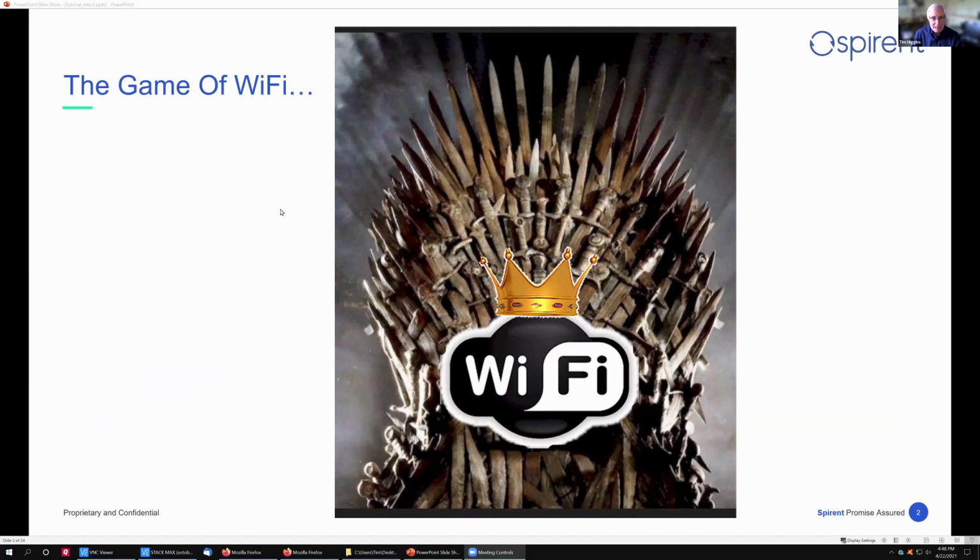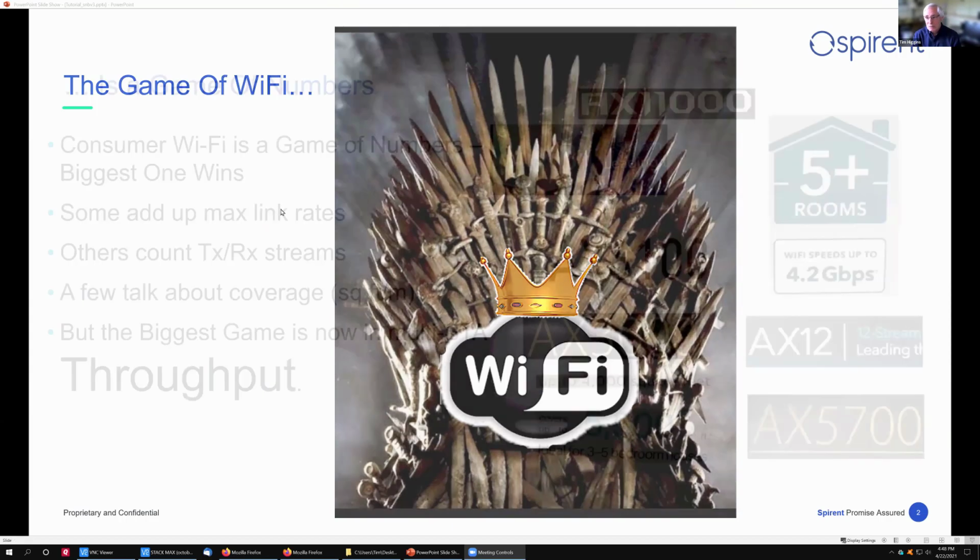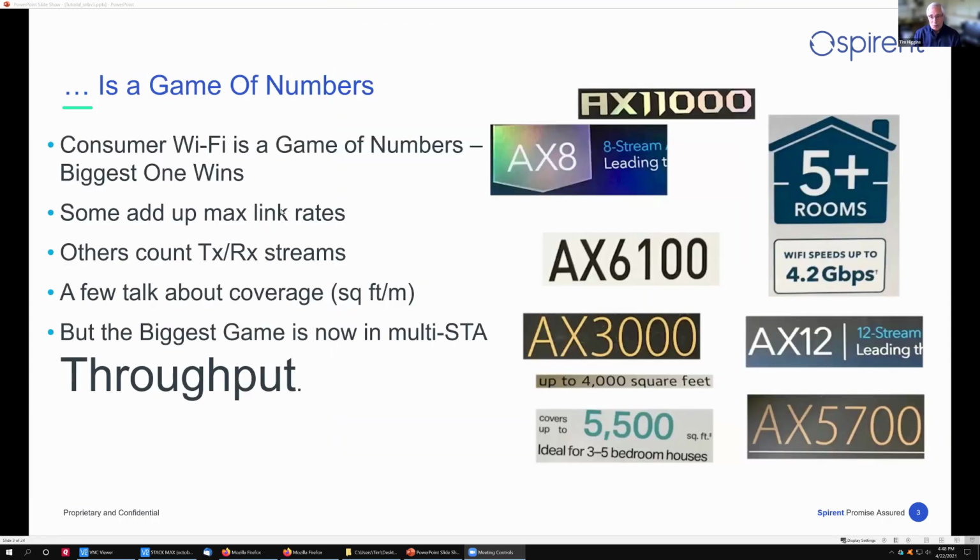But the main part of the game is the game of numbers. And you can choose your number, but you always want it to be big. We look at this selection of different numbers I pulled off of product boxes. In some cases the manufacturer will add up maximum link rates. In other cases, they'll count the streams.